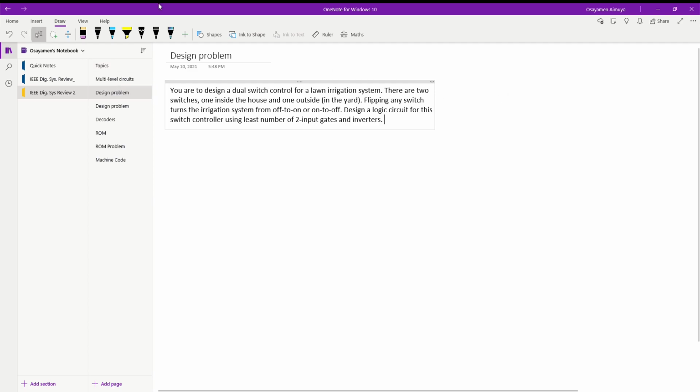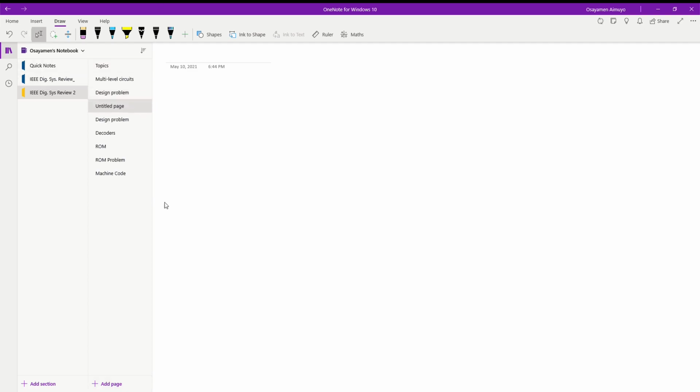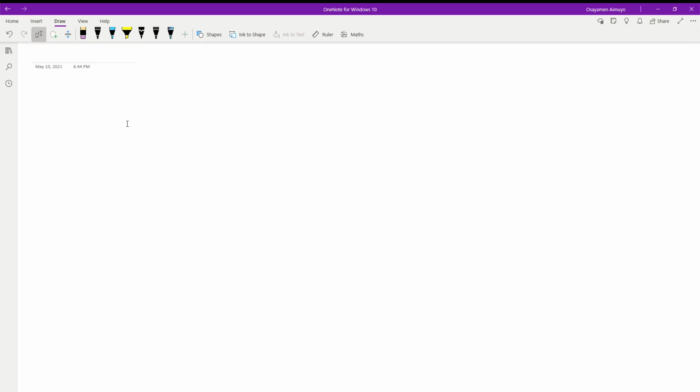Combinational circuit design essentially entails designing combinational circuits based on a specific instruction or problem. Usually in the design of combinational circuits there is a format that is usually followed, right? So just to outline some of the steps,